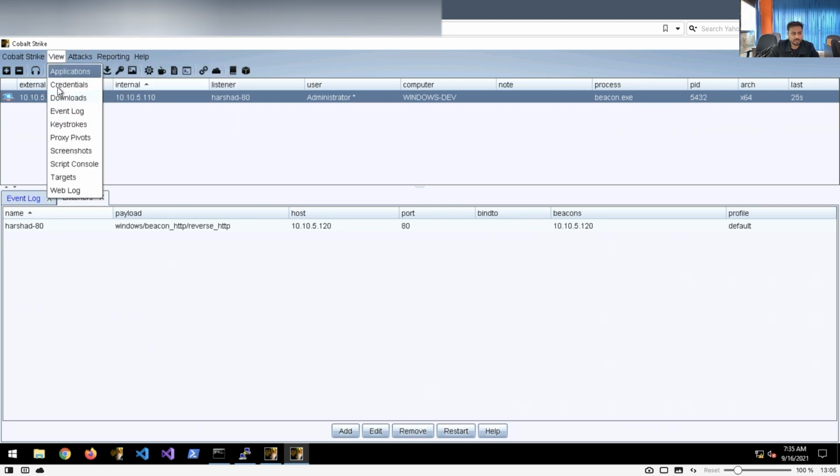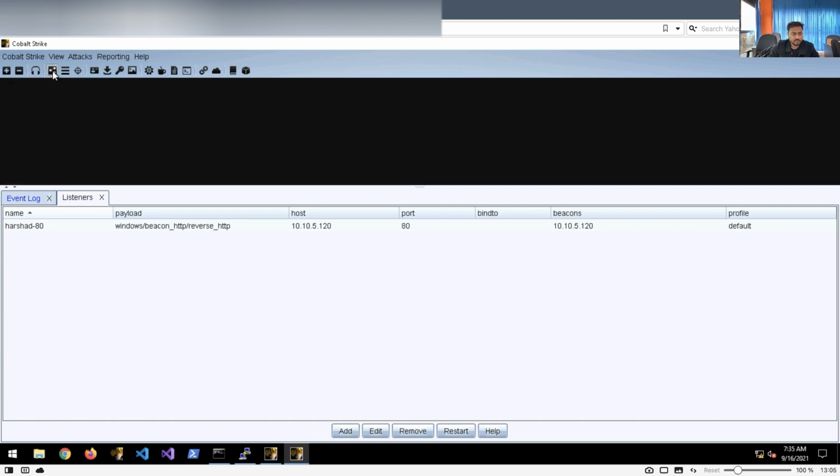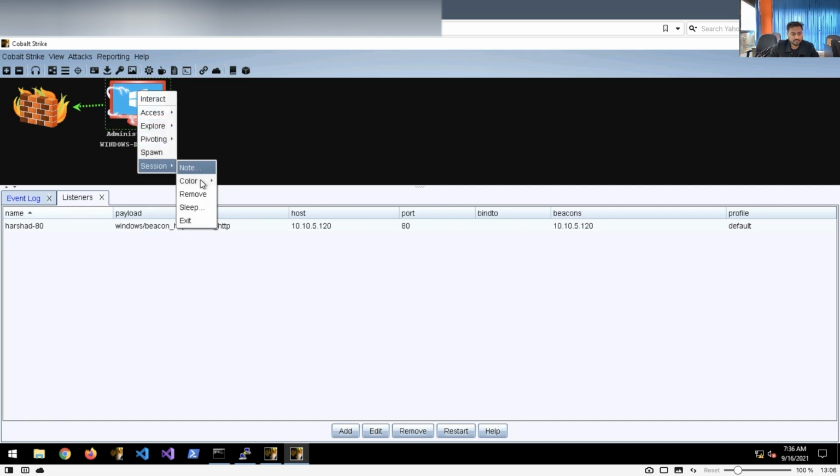So you can see the application, we have credentials, downloads, and so on. So what I want here is this one, right? These are the options. See, I'm talking about the view. So if you see the view option, this particular section, you can even change this section like that. So for example, session, you can change the color if you want. You can also note here if you want, access, dump hashes, we have elevate, golden ticket, and so on. These options are available there, right?